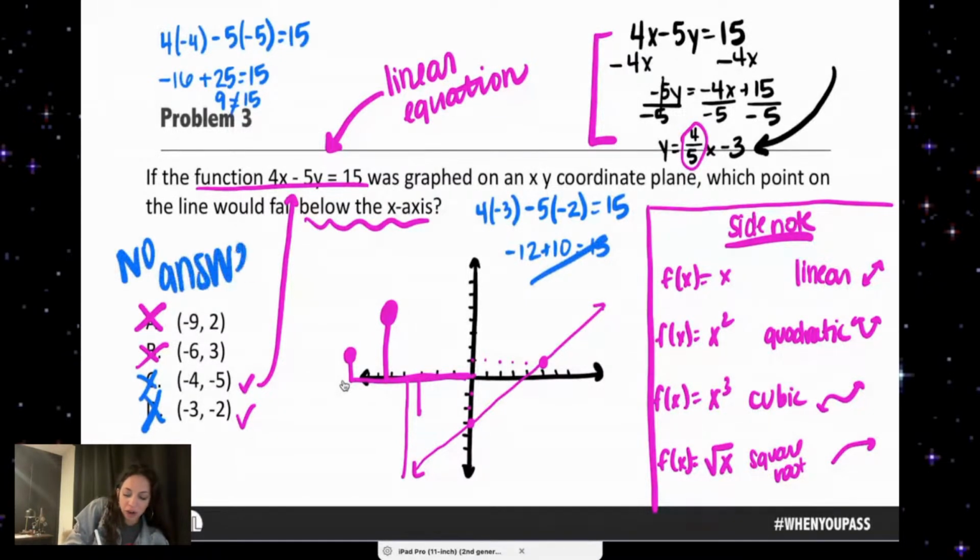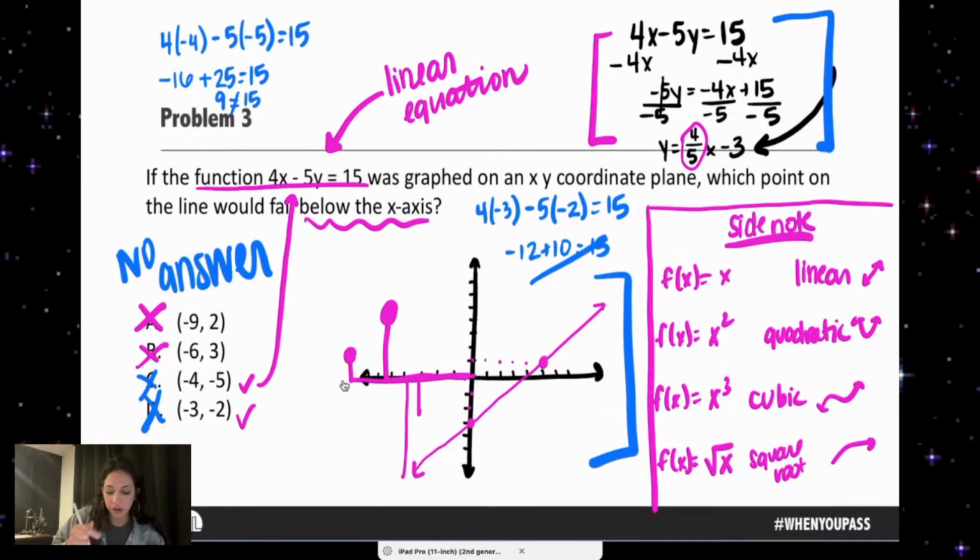Obviously, you would never have a situation where there is no answer. However, I'm remembering that as I was solving this problem in my bed the other night and creating it, I made a mistake. But that is how you would solve the problem, right? Actually, as I was doing this, I realized that all of this wasn't necessary. Once I figured out what was below the x-axis, I could just plug it in.